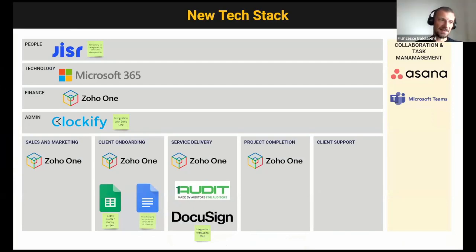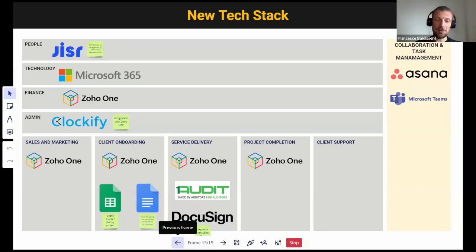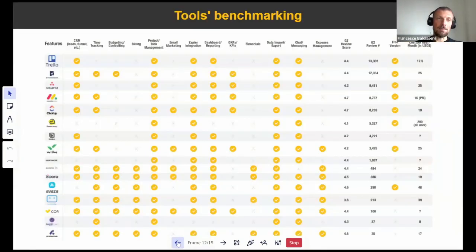Once you decide that you want to change a tool and you're looking for the best tools to replace several phases or several activities in your company, what we normally do is we take a structured approach and we do a benchmarking on the potential tools that are out there. This is an example of a benchmarking that we did for an agency.